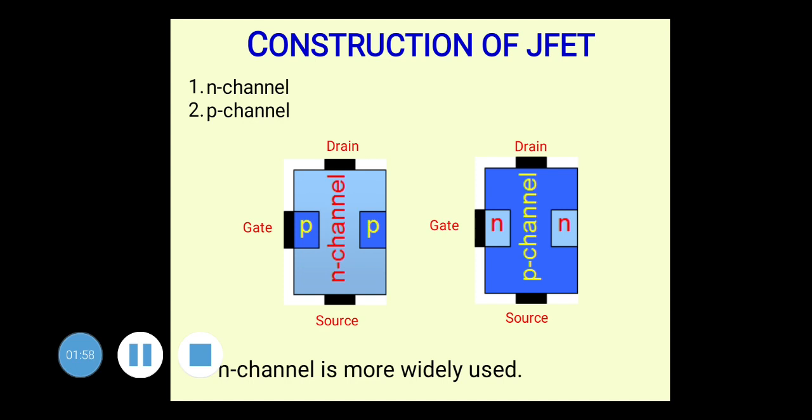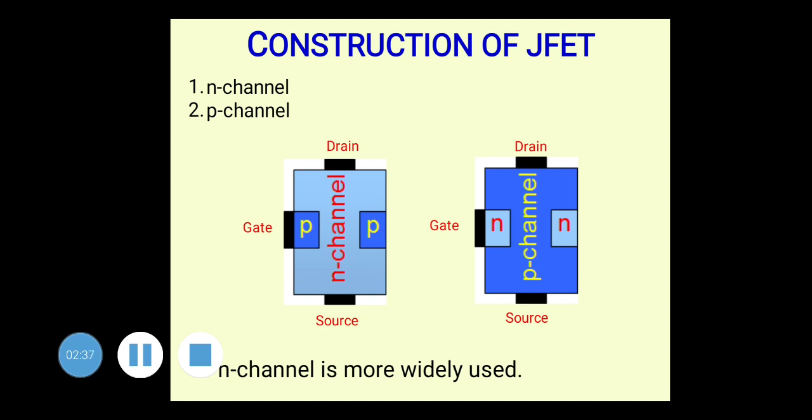We call it N channel because between these two P semiconductors, whatever space is there, that is called as channel. A drain terminal is taken from the upper side and source terminal is taken from the downside, and from P type of semiconductors these two terminals are taken, that both are called as gate. So actually it is having 4 terminals, but 2 terminals are same, which is taken out from P, and that is gate, and they are connected together to form a single terminal, and therefore we can say that JFET is having 3 terminals: drain, gate and source. So this is the N channel.